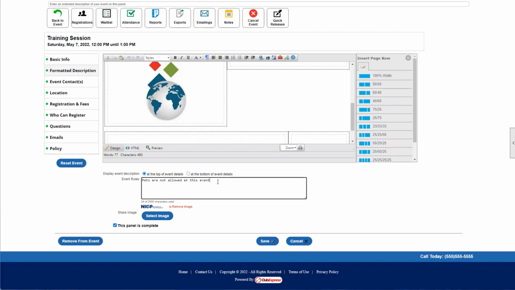It's any rules you have for your event. It'll show up under event rules if you put that text in here. Yes. Sorry,